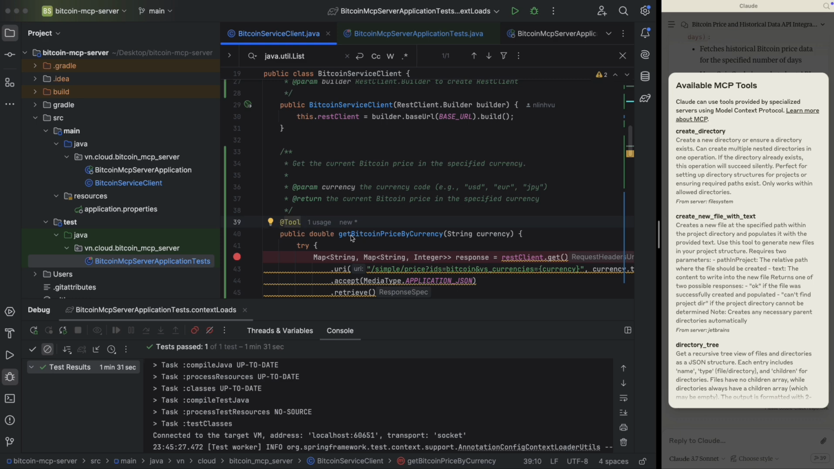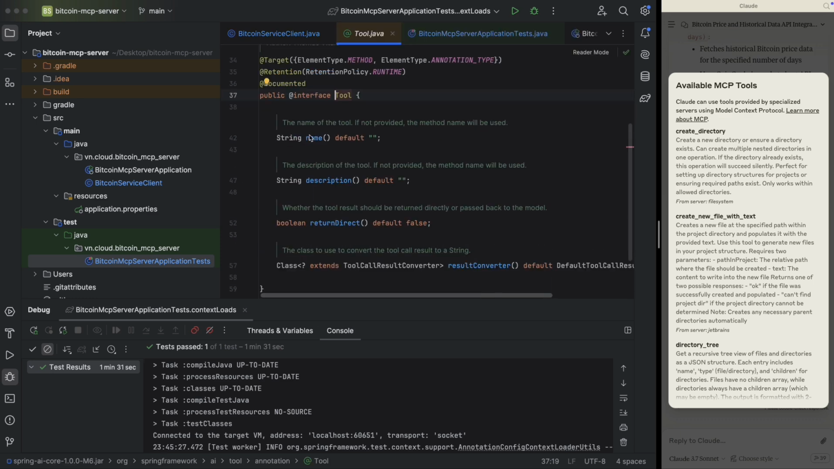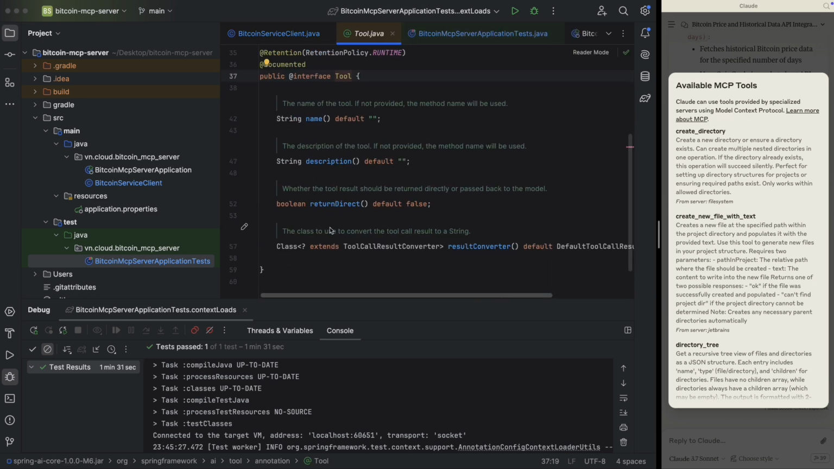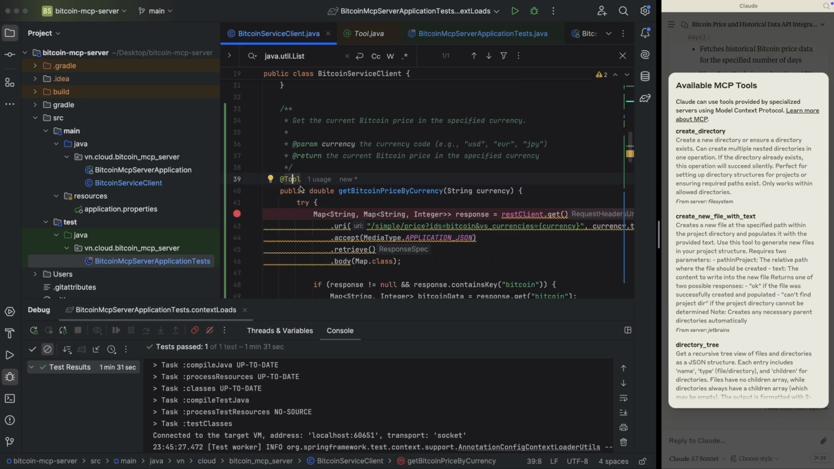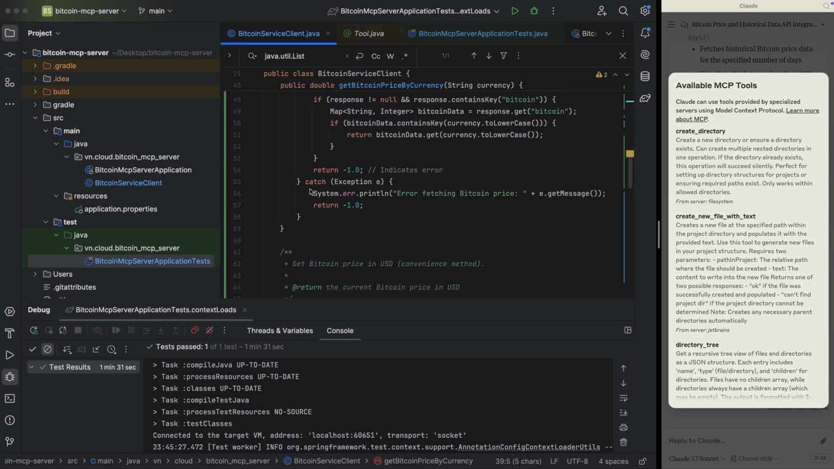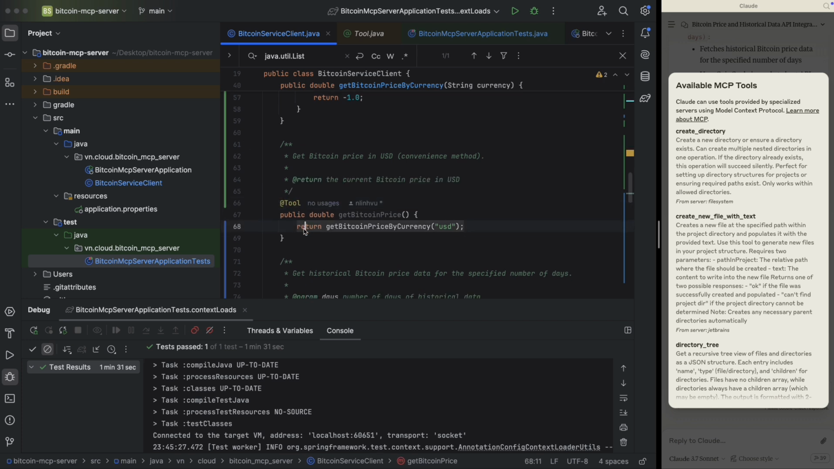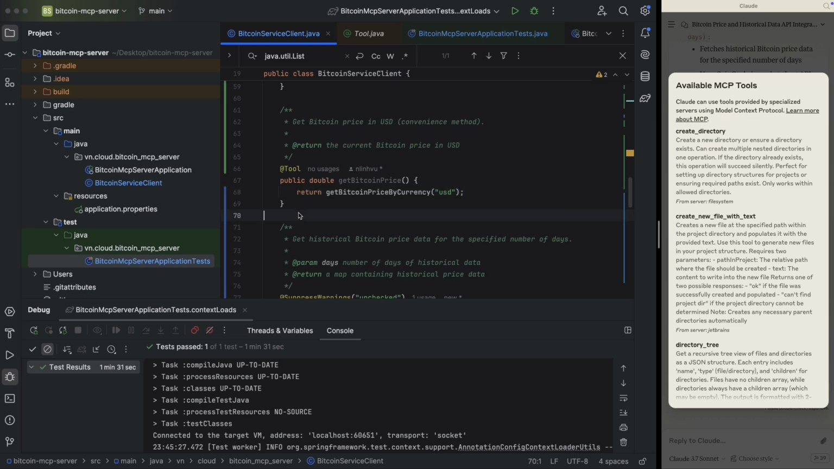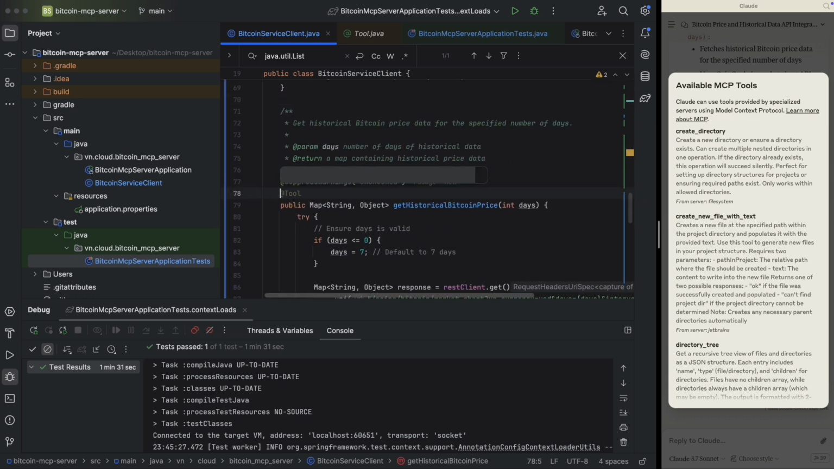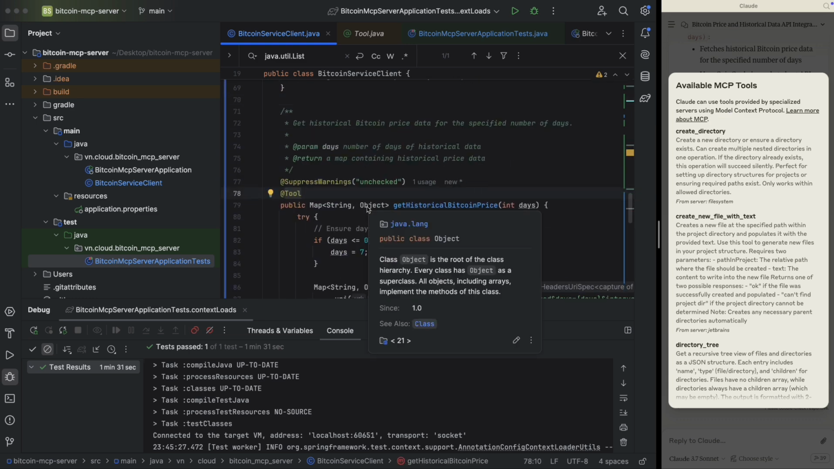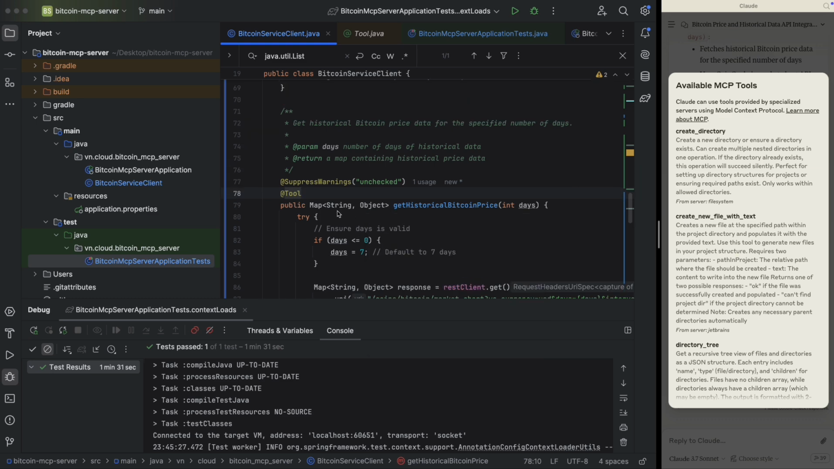So we have one tool, name, get Bitcoin price by currency. We can also, yeah, let's see what we have. Okay, we have name, the description, the return direct here. So feel free to add the name and the description. So for example, this is our second tool, using default one, and this is the third tool. So basically in this MCP server, we are going to provide 3 tools,